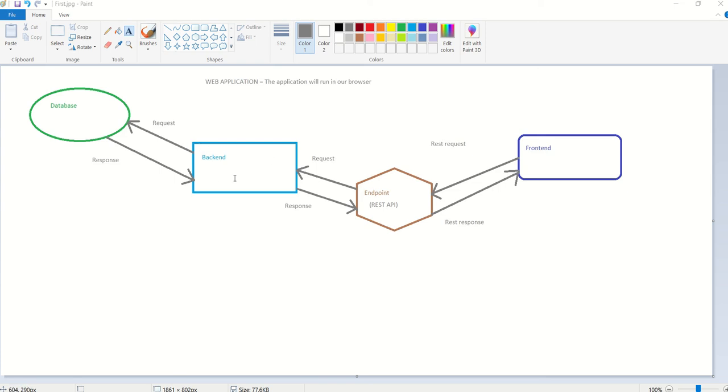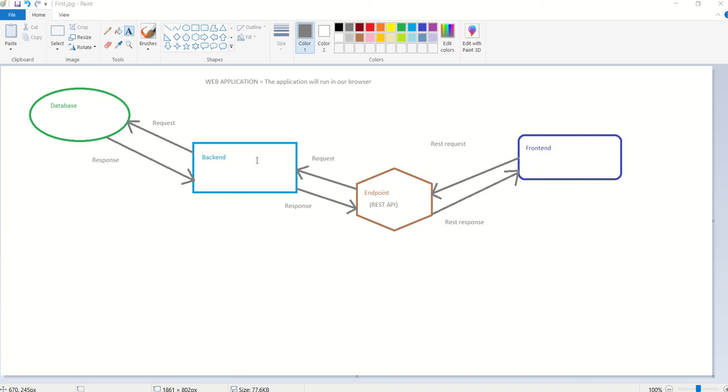What's the backend? Basically, we don't see the backend, so a user will never see the backend. It's written in code, it is on a server, and this backend is responsible for taking the information coming from the front end, so taking this request,